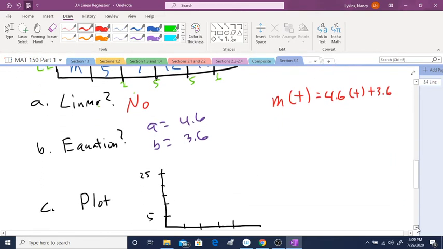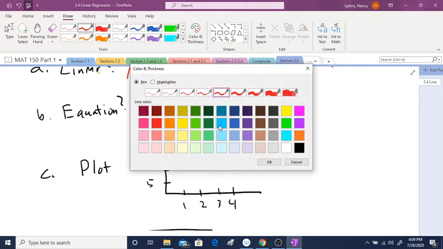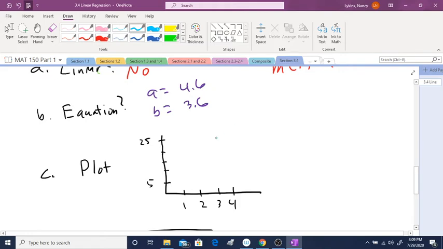Okay, so next I'm going to plot these values. These are the values from the table only. So I'm going to do 0, 5. Then 1, 7. 1, 7 is probably right in here. Then 2 and 12. So there's 2, and 12 is maybe right up in there. If you've noticed, I'm plotting these by the table. 3 and go up to 17. And 4 and 23. Now notice,